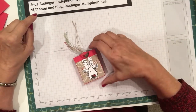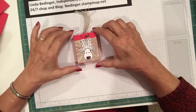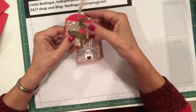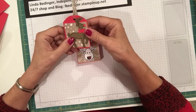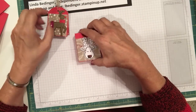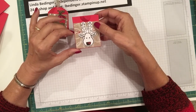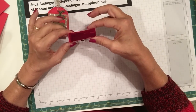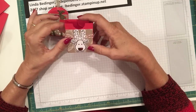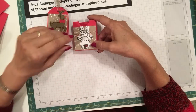And today I'd like to show you how I made the little box to hold these little Christmas tags. Now I'll do a separate video on making the little tags in the next day or so, but I've had several requests from people asking about basic box construction, and this is such a simple little box. I thought this would be a good place to start, and so I'm going to see if I can't explain